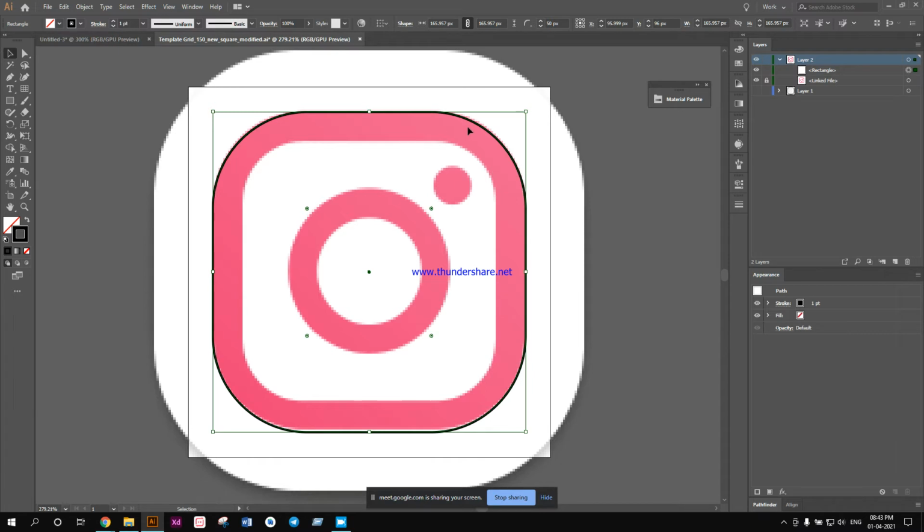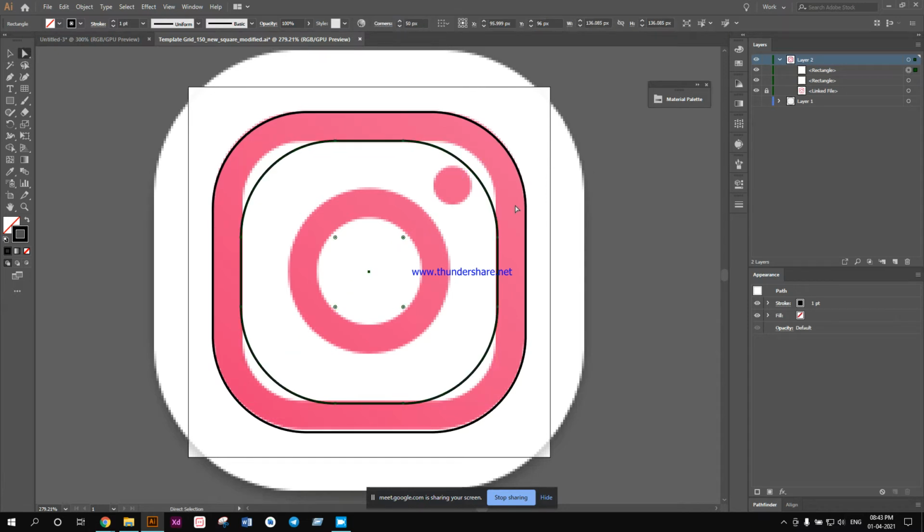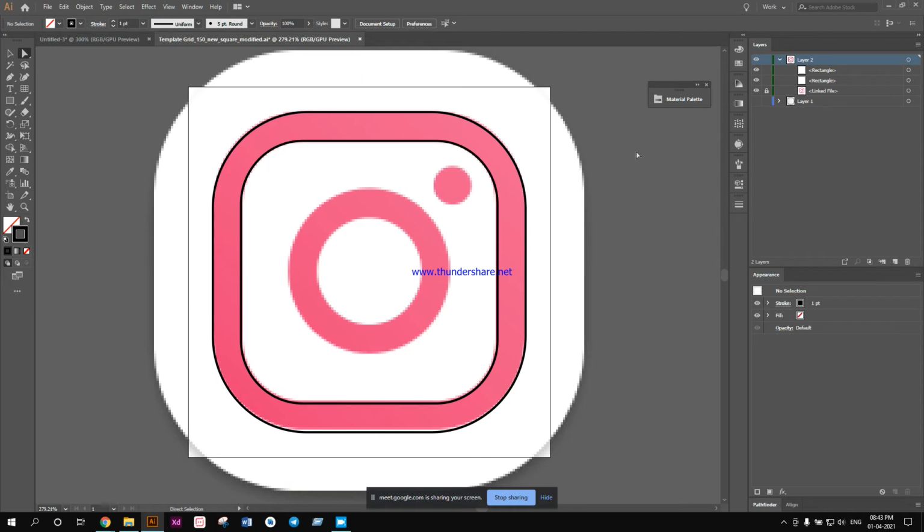Now you see over here there is another rounded rectangle inside this rectangle. So how can I create that? I can create it like that. I have to create this layer again, and then drag the shape inside. I'm going to show you. Just copy this rectangle, copy and paste in front, Ctrl C, Ctrl F, then drag it inside. Then just decrease the roundedness.